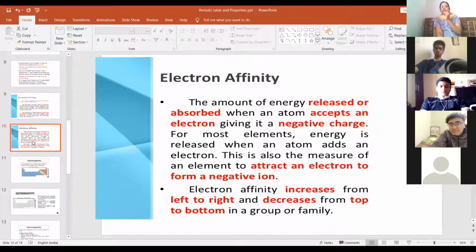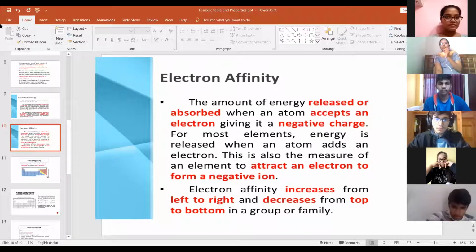And we have discussed what happens across a period to electron affinity. It increases. Across a period, electron affinity increases, and down the group, electron affinity decreases. Why? Because across a period, nuclear charge is increasing, so the nucleus can forcefully attract the electron. As it attracts the electron, the electron will be easily added, so more energy will be released.